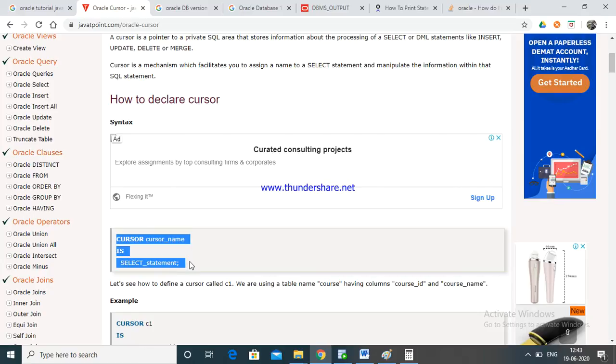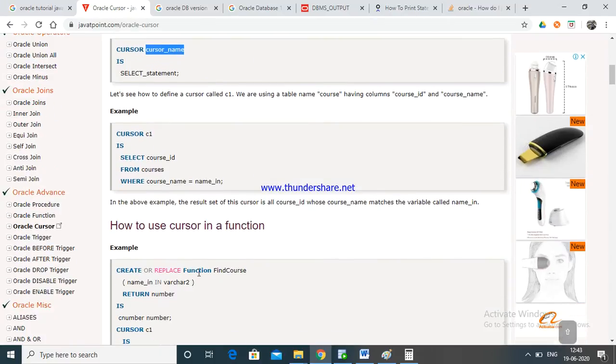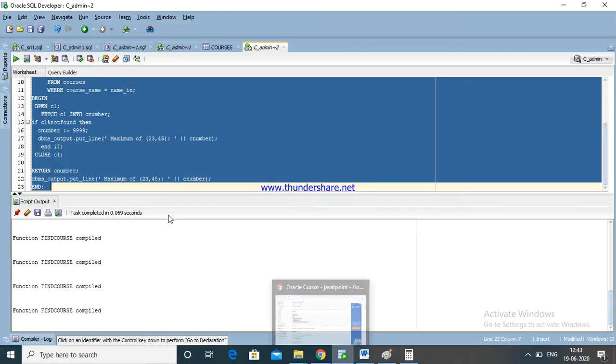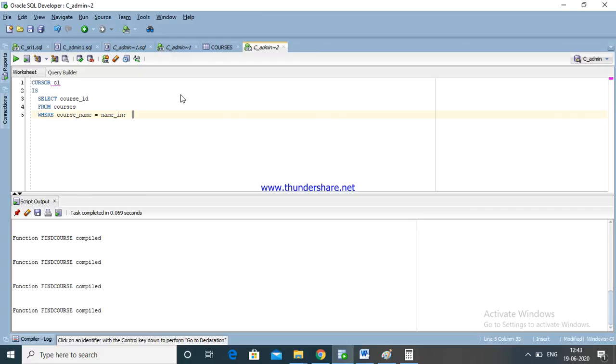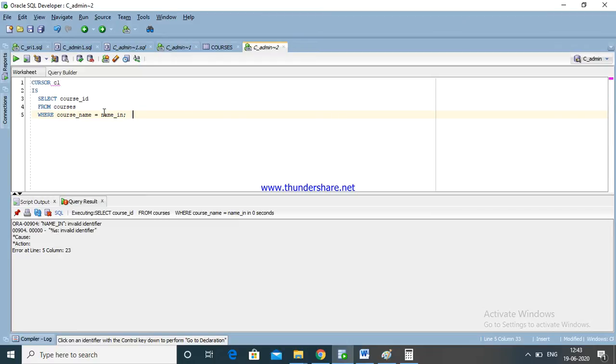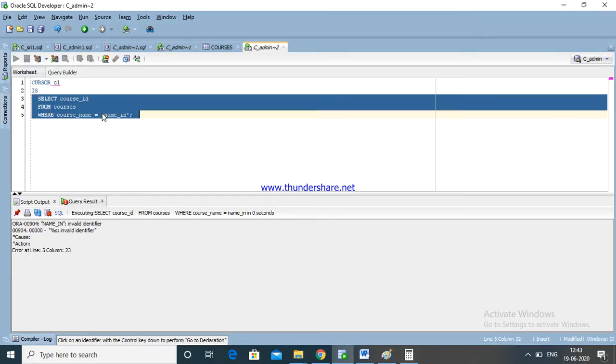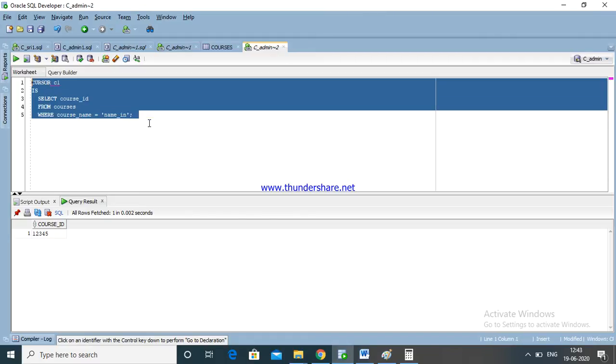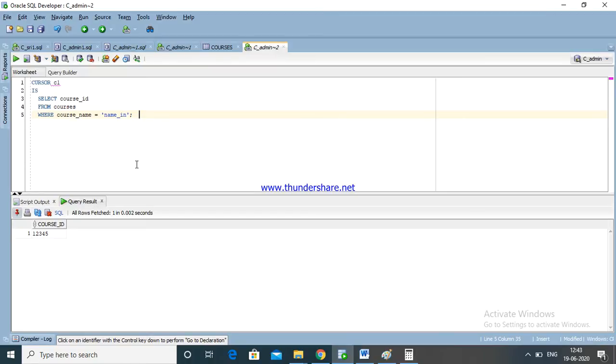You should go and see this is a cursor, the cursor name, and the select statement. In the same way, this is a cursor. I am going to declare one cursor. This is just going to delete. Now enter, select, enter. Invalid. Now I am going to give single quotes. See here, this is a cursor. Now going to enter. Yeah, this is a cursor.